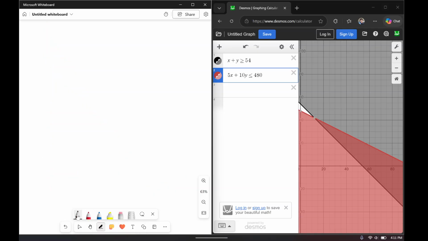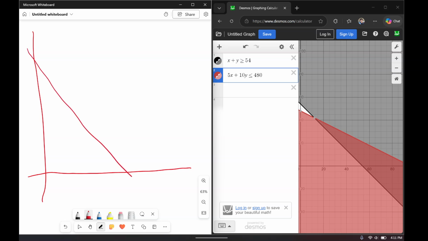I don't like drawing graphs. Graphing sucks. So it kind of looks like, oh god, it keeps doing that. Okay, so here it looks like that, and it seems like it goes down like this, and then it comes over like that. Okay, so here we see at this point, like this point right here,